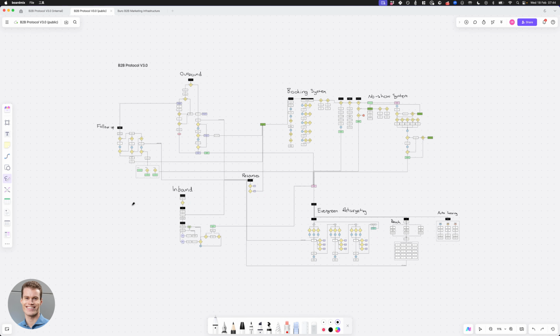lead flow. The inbound lead flow is something that we did in 2025 and generated 65,000 leads that are qualified in the B2B space. So it works. And those are the three mechanisms that we use to drive lead flow, drive pipeline growth, and